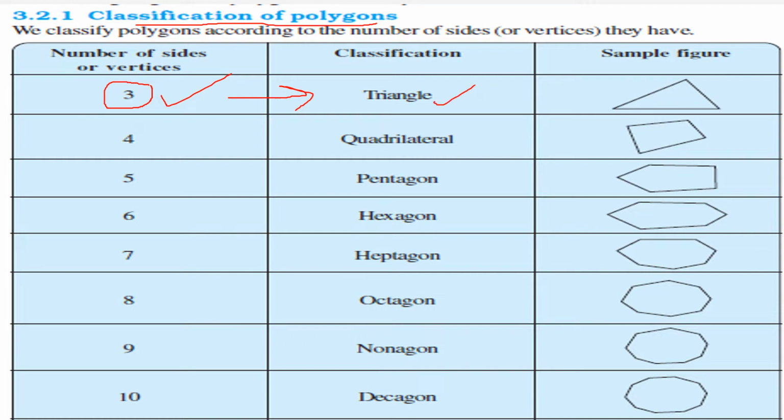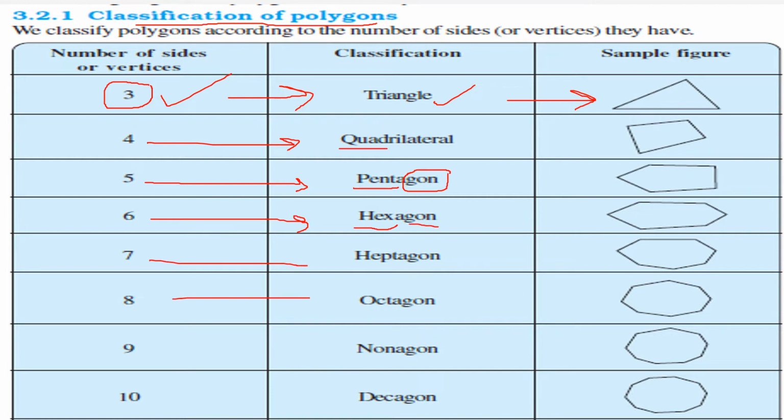We have seen many triangles till now in many classes. So this is the figure. Similarly, 4 sides are there. We call it quadrilateral, where quad means 4. Then we have 5 sides. We call first figure pentagon, where penta means 5. This gon means side. If we have 6, it is called as hexagon, where hexa is 6, gon is side. 7 heptagon, 8 octagon, 9 nonagon, 10 decagon. This is just for your understanding. If you want you can write, but it is not necessary to write as your classwork.